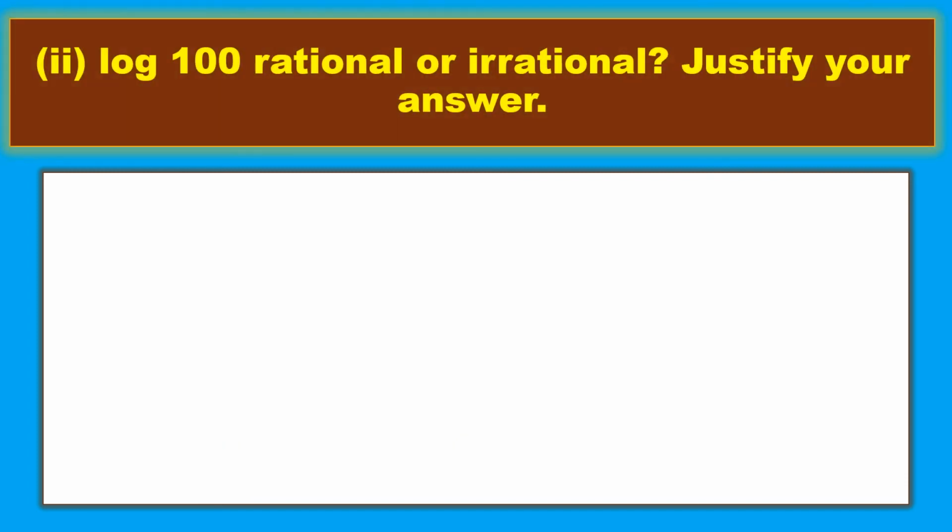So your next question is, is log 100 rational or irrational? You should check log 100 and you should justify your statement. So here also I can take log 100 as log 100 base 10. Let me take log 100 base 10 as x. Here if you see 100, the base is 10. Whatever the base is, you should write this power in terms of the base only. So here 100 I can write as 10 square, right? So log 10 square equals x.